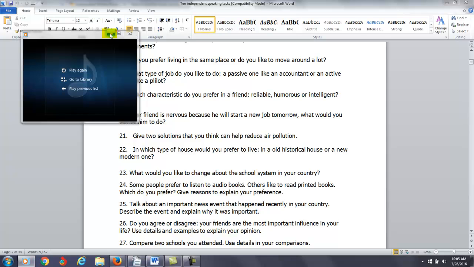So if you said something like this, if you say, well, because of the appearance and the need to not continue and maintain the home, I prefer a new home rather than an old modern house. So then you talk about the appearance of the modern house and give an example or two there. Then you'll move on to the second point is a new home requires less maintenance than old historical homes, and then you can give an example or two there, then you're done. So just focus on two specific ideas and then try to give some good detail to support those points, and that would help, I think,